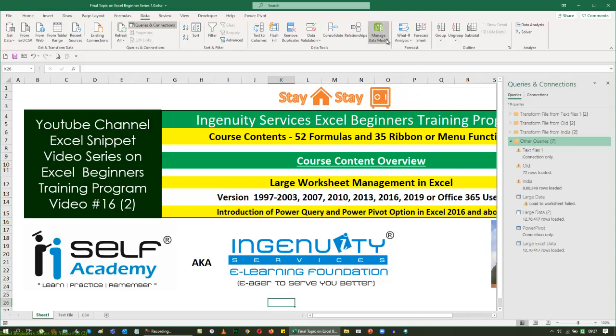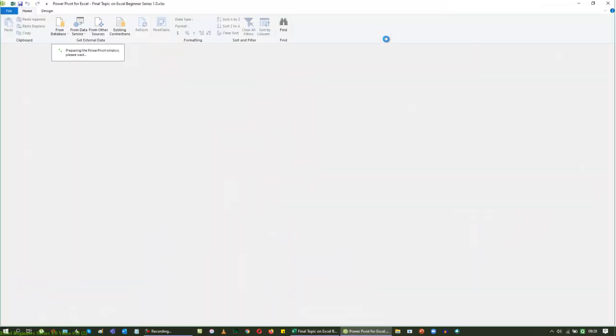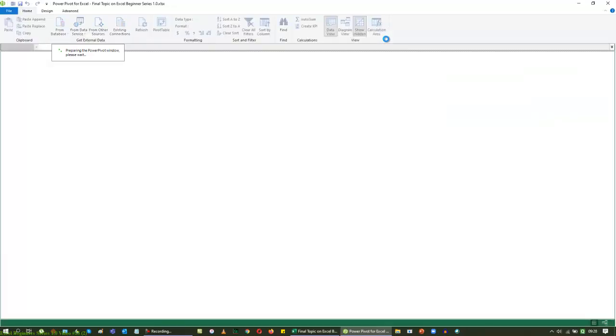If you are using it for the very first time, then a small box pops up saying enable it. When something like that comes up, don't worry about it. Just click enable. It is not a bug. It just shows that your data is added and immediately takes you to the Power Pivot window like this. You can see that the data is preparing and you can create a pivot table from this window.